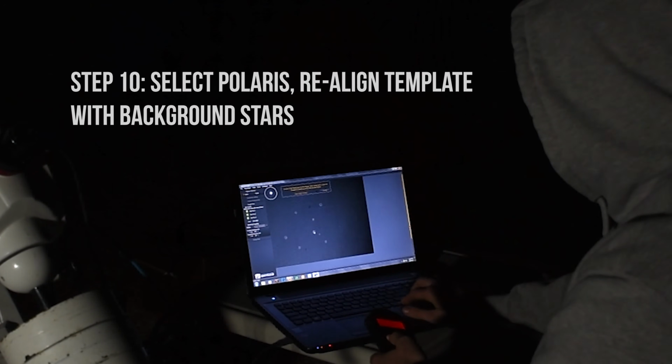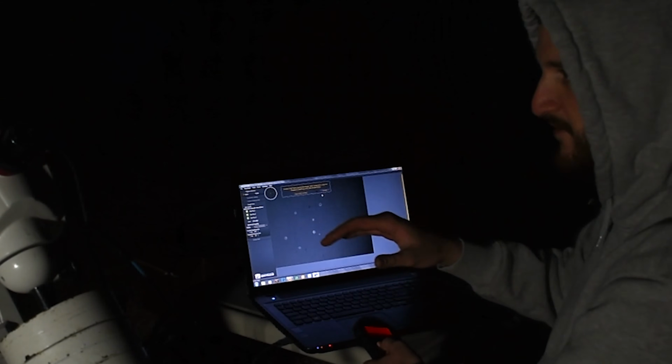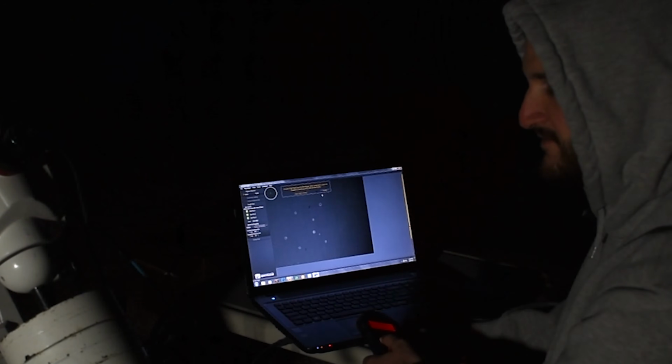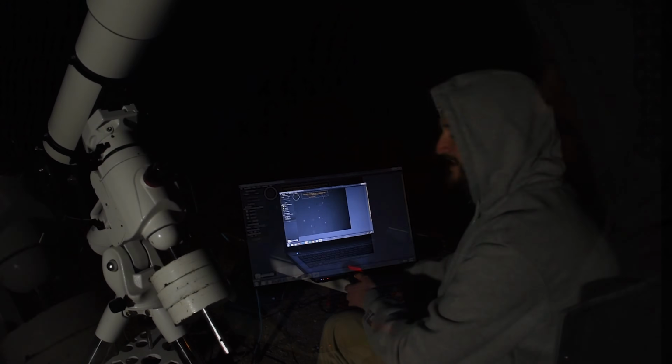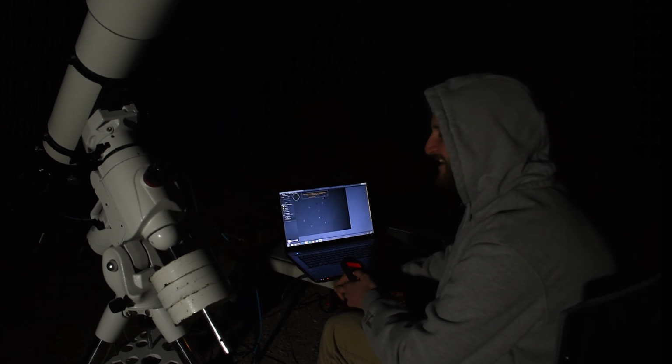I'm trying to speak over this wind a little bit. I'm going to park my car kind of in the way of the wind. That way the wind won't directly be bumping into the mount and shaking the wires. And I know this is a beautiful cable management job. It's not, but